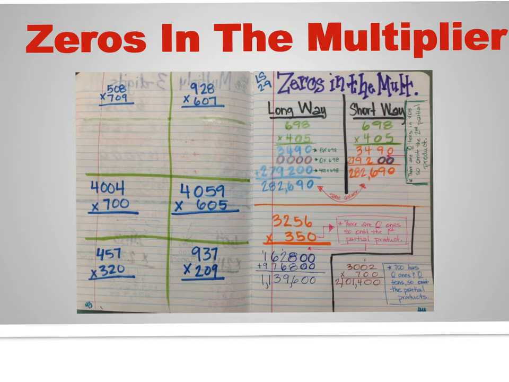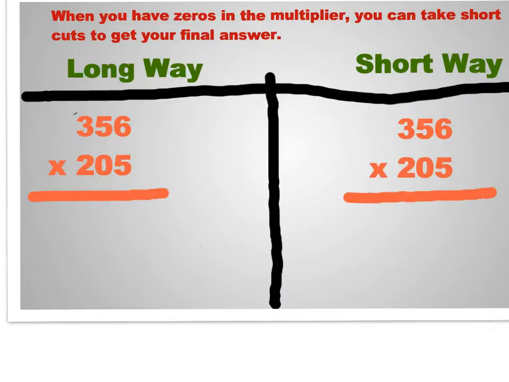Okay, hey guys, it's Miss Suzanne, and in this video we're going to talk about zeros in the multiplier. When you have zeros in the multiplier, you can take shortcuts to get your final answer. First I am going to work this problem the long way. Then I'm going to show you the same problem taking a shortcut, or working it the